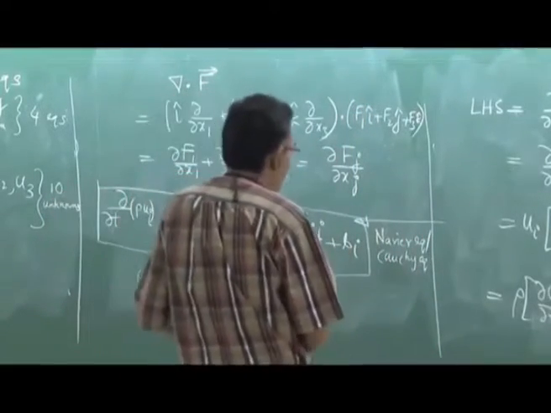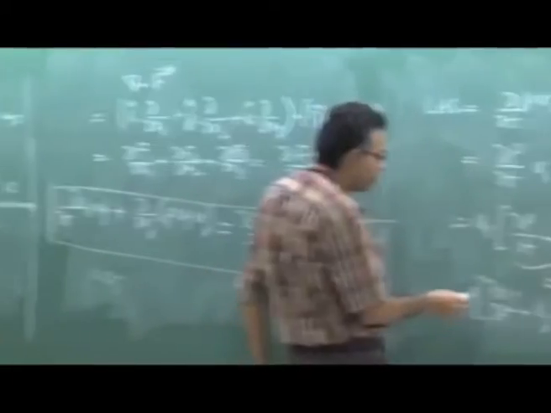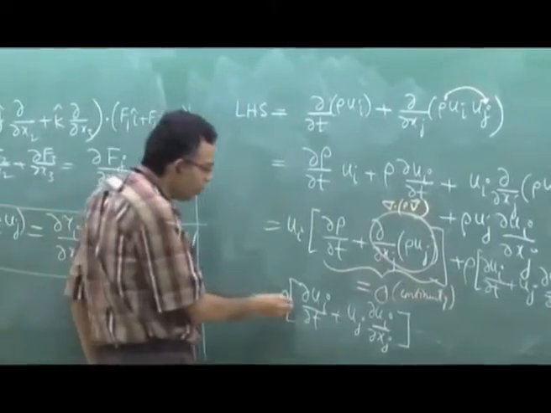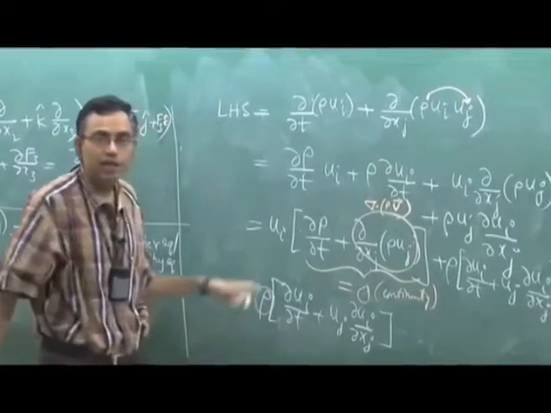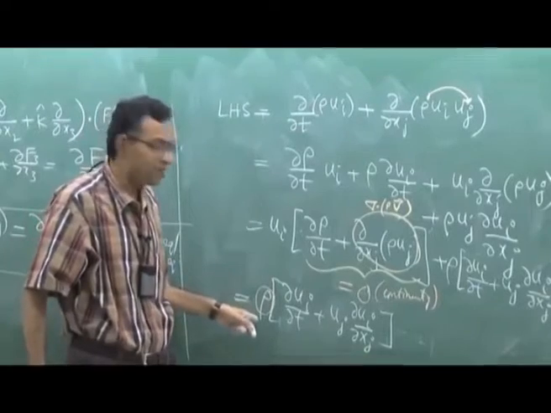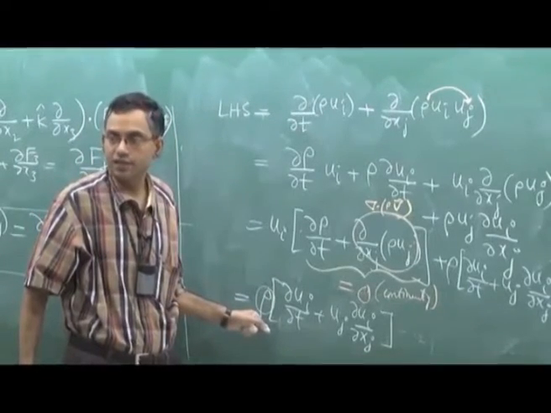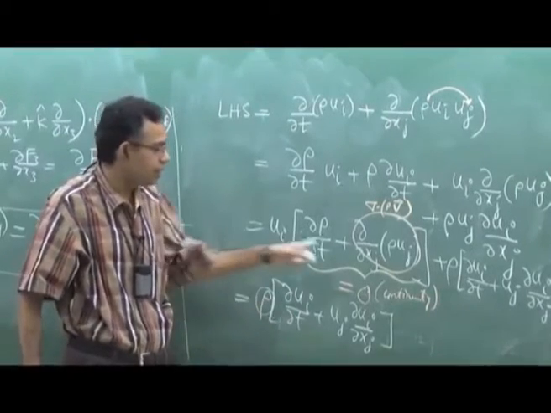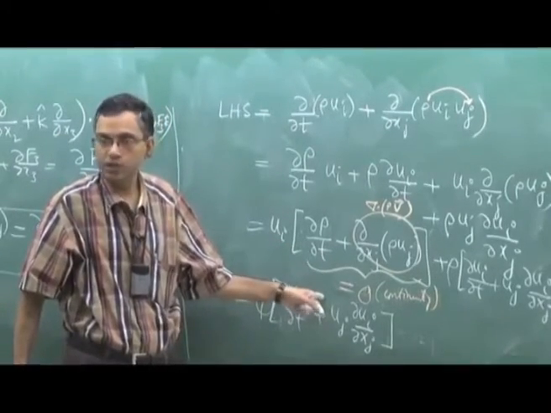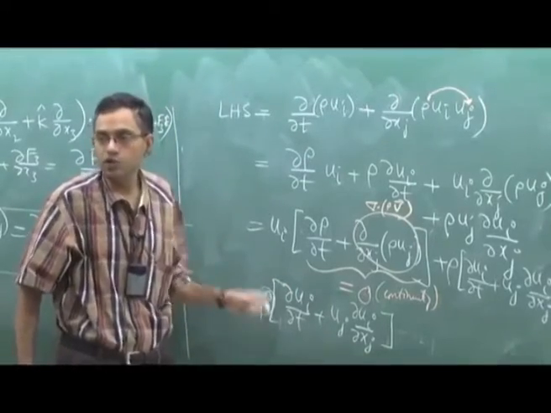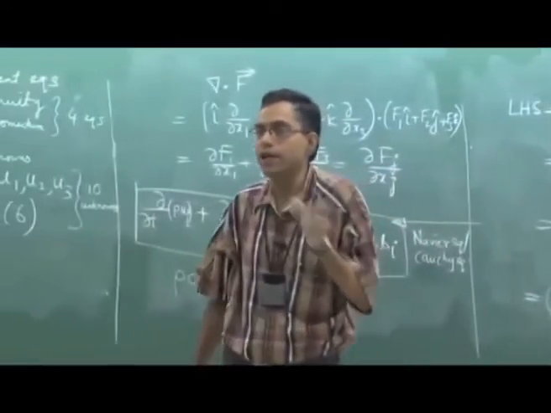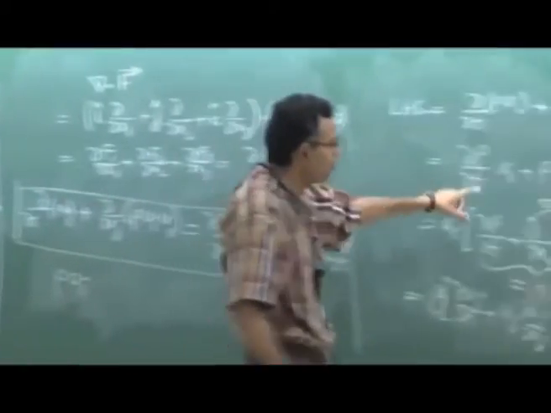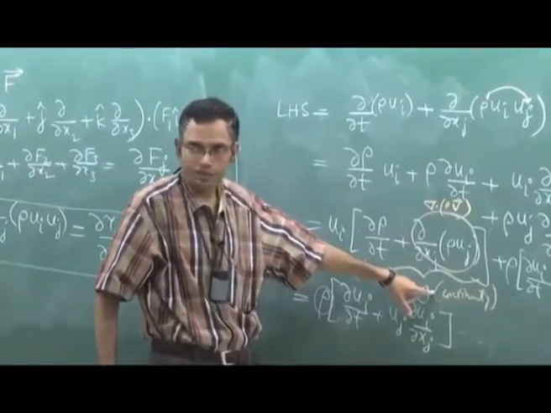We will come into that, but one final point which I intend to mention here is that it is an illusion that when this rho comes out of the derivative, it gives an elusive understanding as if rho is a constant. This rho has come out of the derivative not because rho is a constant, but because of simplification using the continuity equation. So this rho can still be variable. Rho outside the derivative does not mean that rho is a constant. It has come out of the derivative by virtue of simplification using the continuity equation.